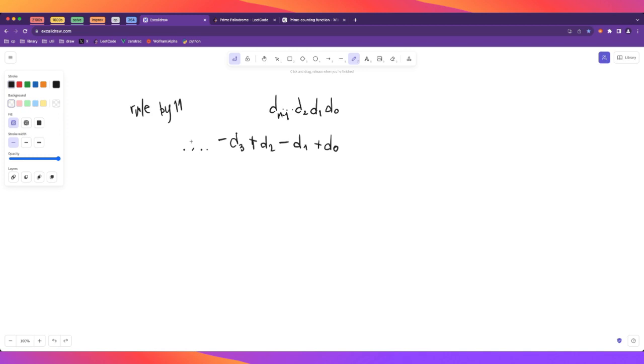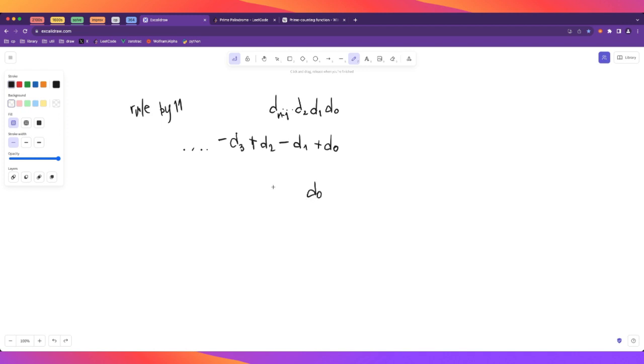Well, notice that if you have a palindrome, so this 0 is going to be the same as the n minus 1, right? Because that's the definition of a palindrome. And if they have a different sign, then they will cancel out, right? So if you have, for example,